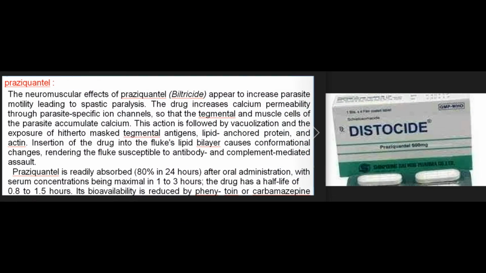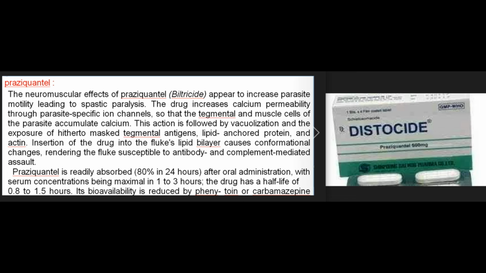Praziquantel. The neuromuscular effects of praziquantel, Biltricide, appear to increase parasite motility, leading to spastic paralysis. The drug increases calcium permeability through parasite-specific ion channels, so that the tegmental and muscle cells of the parasite accumulate calcium. This action is followed by vacuolization and the exposure of hitherto masked tegmental antigens, lipid-anchored protein, and actin. Insertion of the drug into the fluke's lipid bilayer causes conformational changes, rendering the fluke susceptible to antibody and complement-mediated